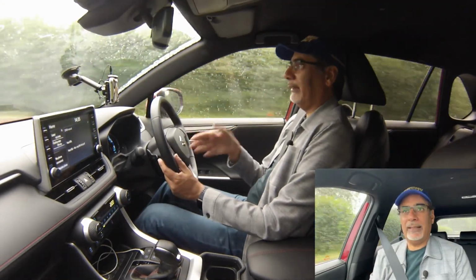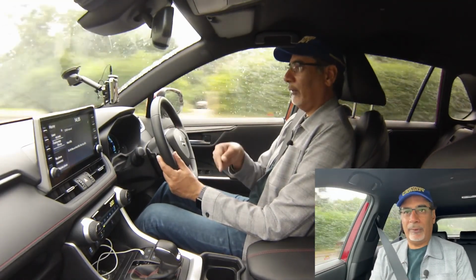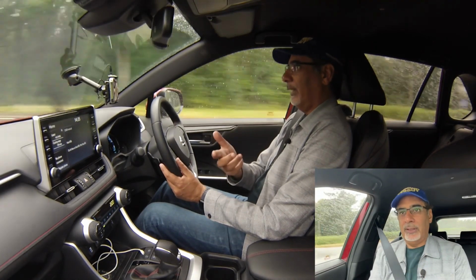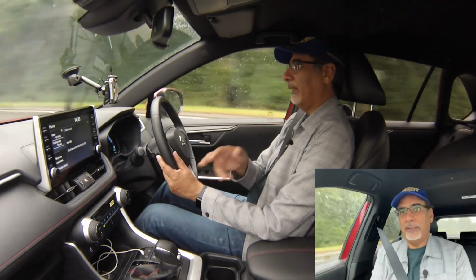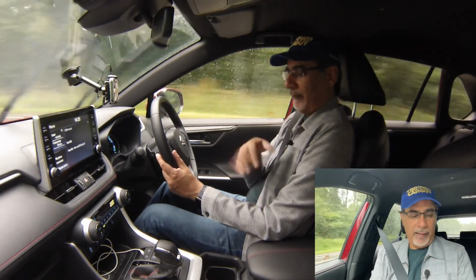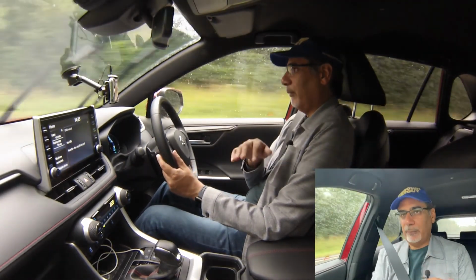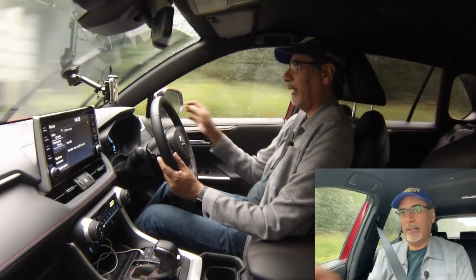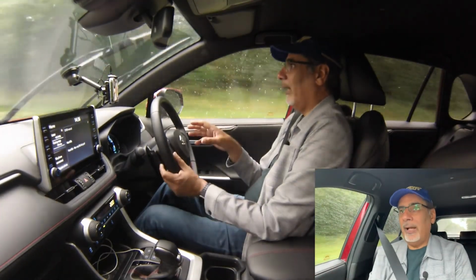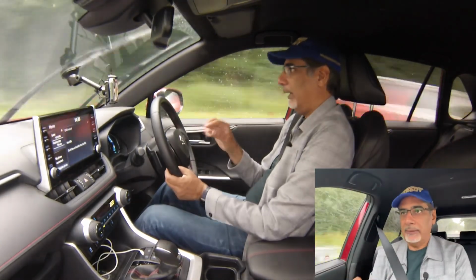Around town it was using the electric charge, and of course there are modes here and stuff like that, but also you can hold the charge, so you can tell it not to use the electricity because you're going to enter a city or a town, and you know that then you can deploy it. You can also leave it in auto and it will just do that for you. I've just left everything in auto, not even used sports mode. I don't think it's really relevant to a car like this. But that seemed to work really well, where it was just whispering around town and just using up all the